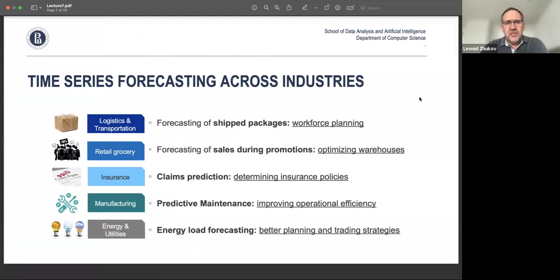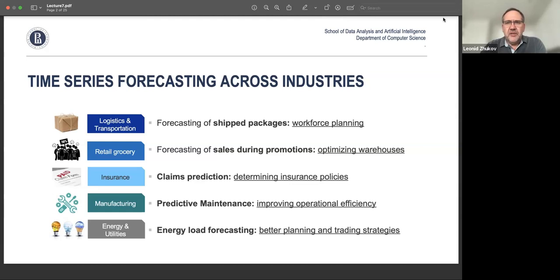If you think about logistics and transportation, it's really about forecasting the schedule of the arrival of the goods, for example, in order to satisfy customers and in order to prepare the workforce and plan the workforce or delivery mechanisms. Obviously, forecasting sales volumes is absolutely critical for any retail. And there, we're trying to predict both demand and possible sales.